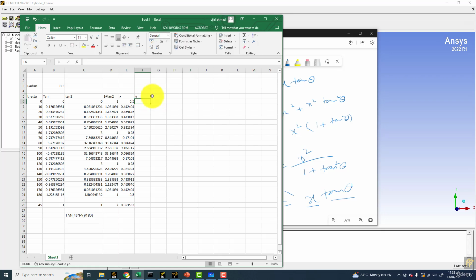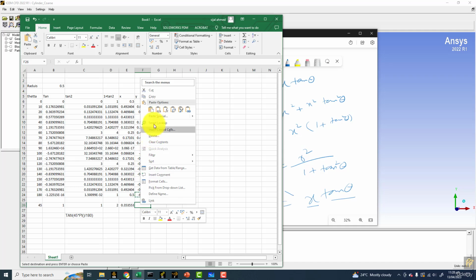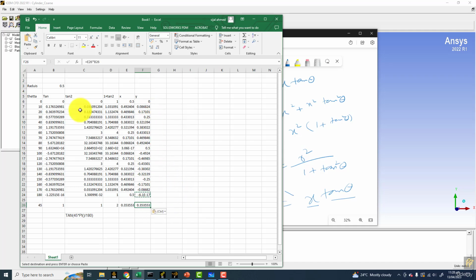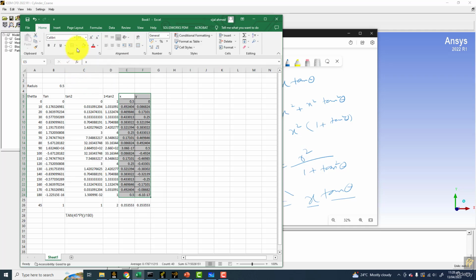So y is equal to x into tan theta, which is over here. So like this, and copy and paste here to confirm that we are getting the same values. Yes, it is okay. So now we have the x and y values,